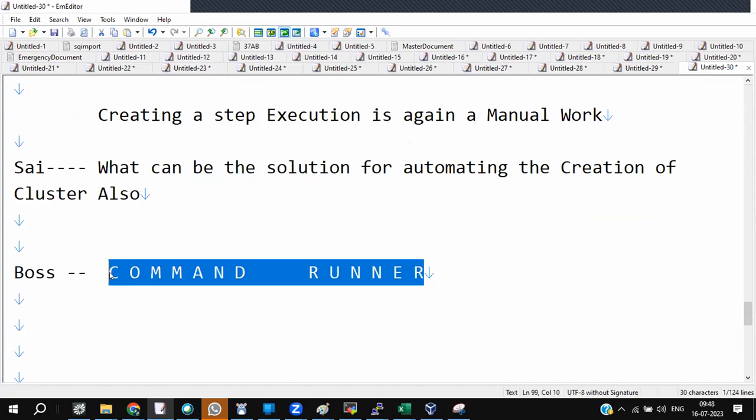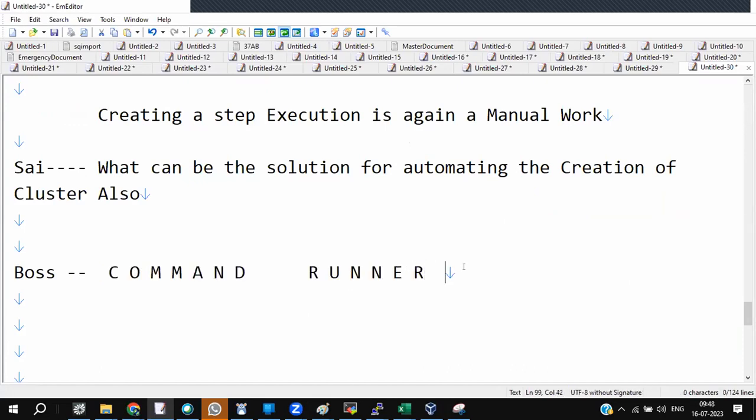Command runner. No, my question. No, that was scheduling in NiFi. Leave it with NiFi. No, not that. Command runner script is different. We call it a command runner script. Where do I have that command runner script? Folks, you tell me.